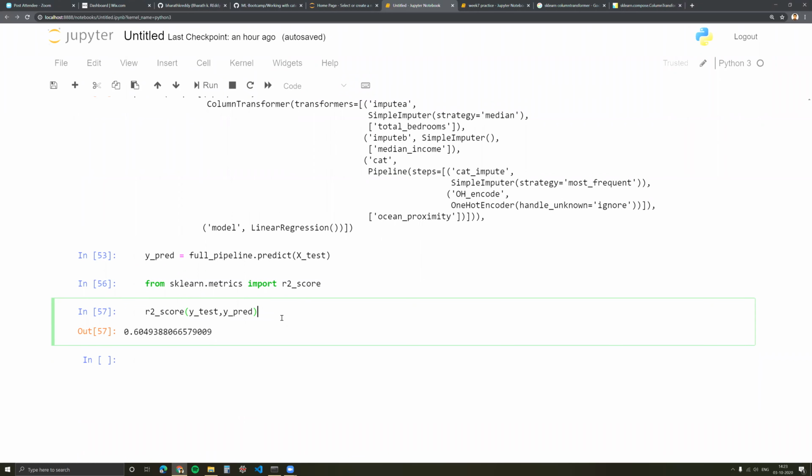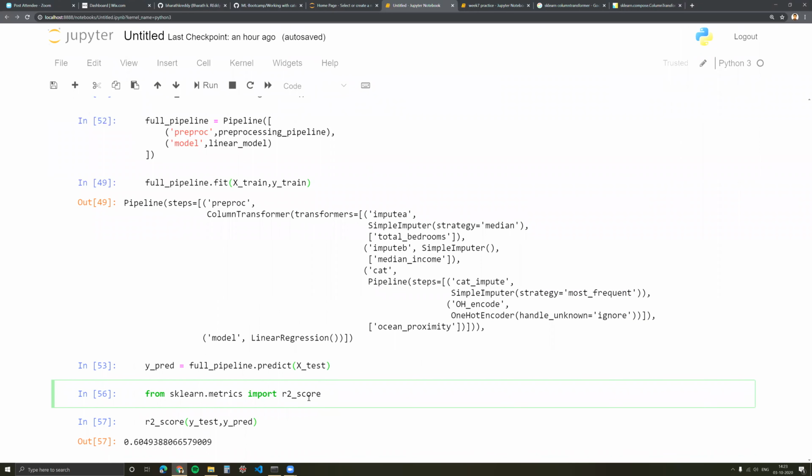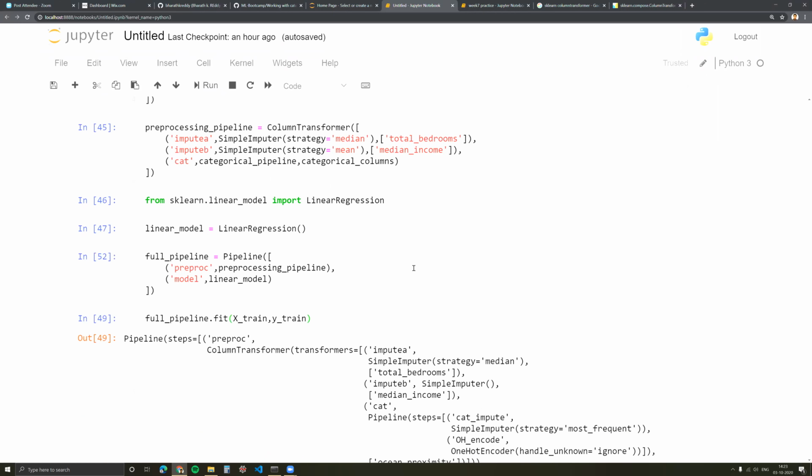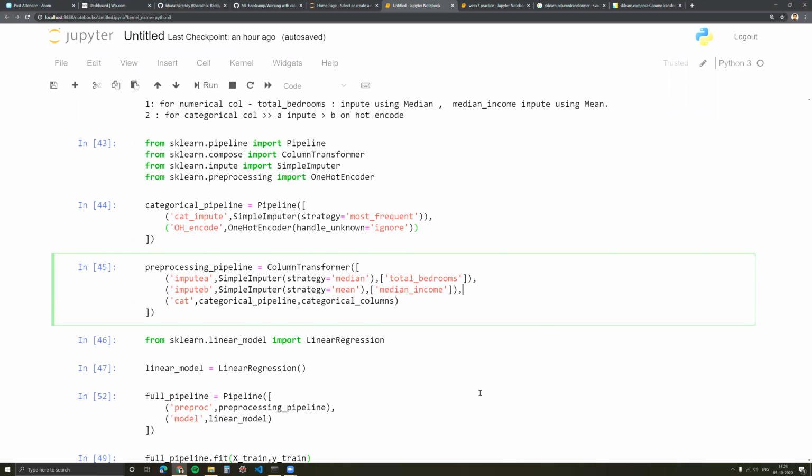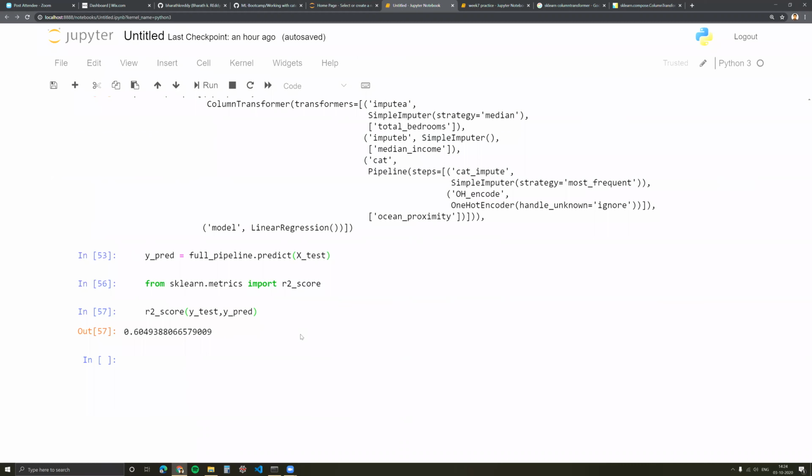So I think we have covered a model, a score, and how to pre-process data in different ways for different types of columns, and different pre-process strategies also. So we have seen median and mean for missing values, used sequentially, and then we have seen how to fit one hot encoding, all in one pipeline. So this should make quite a lot of algorithms very simple, where instead of spending time in pre-processing, you're just fitting the models.